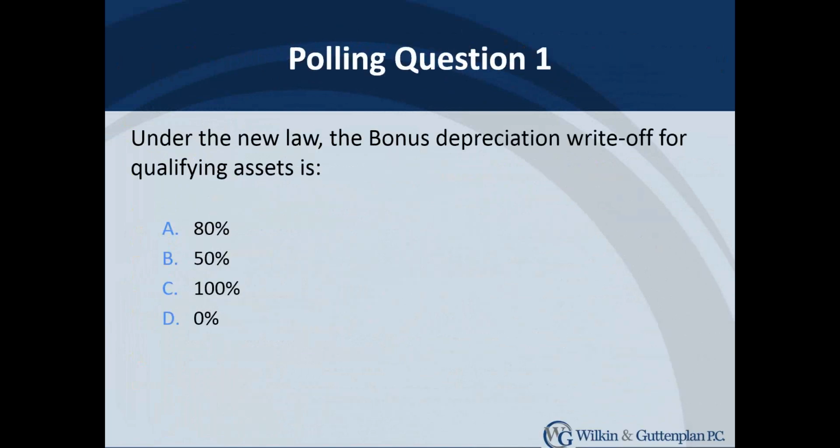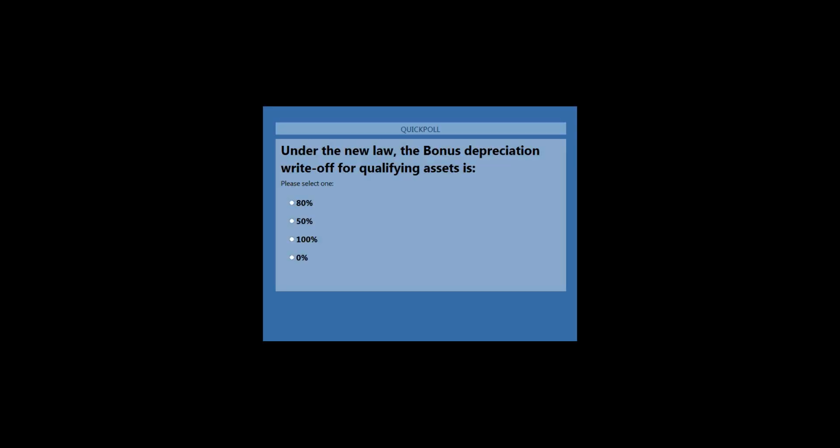And so for now, we have our first polling question. Under the new law, the bonus depreciation write-off for qualifying assets is